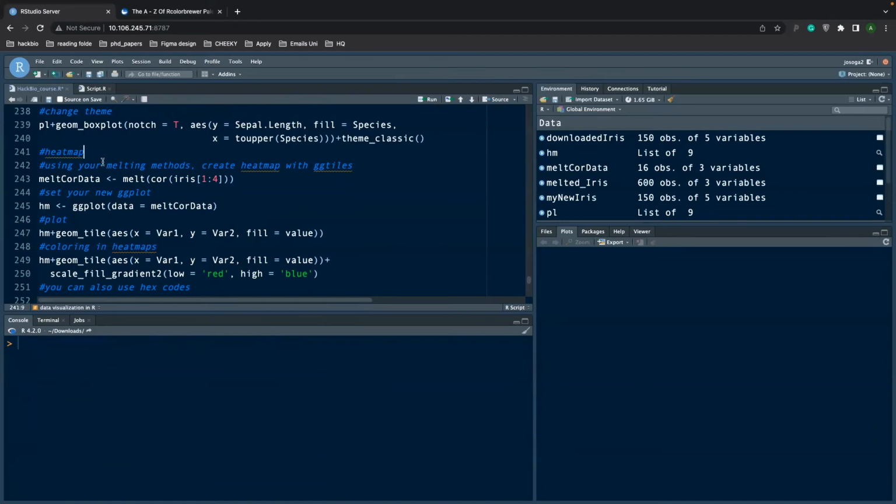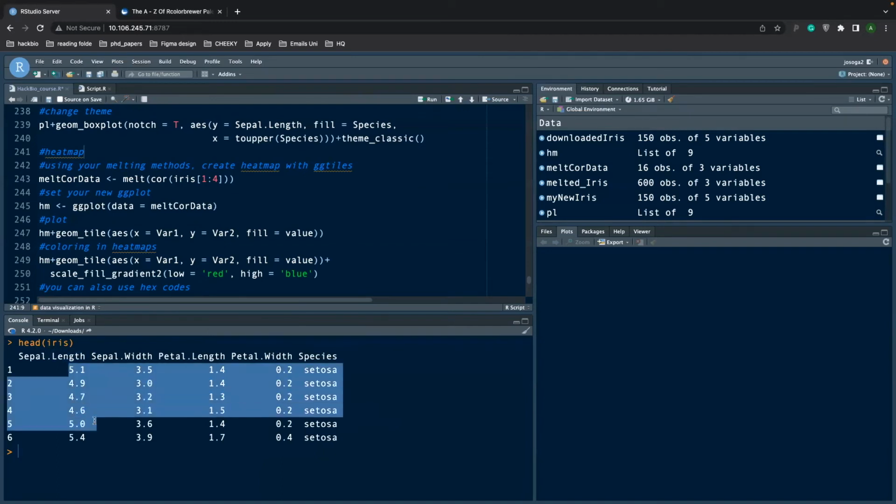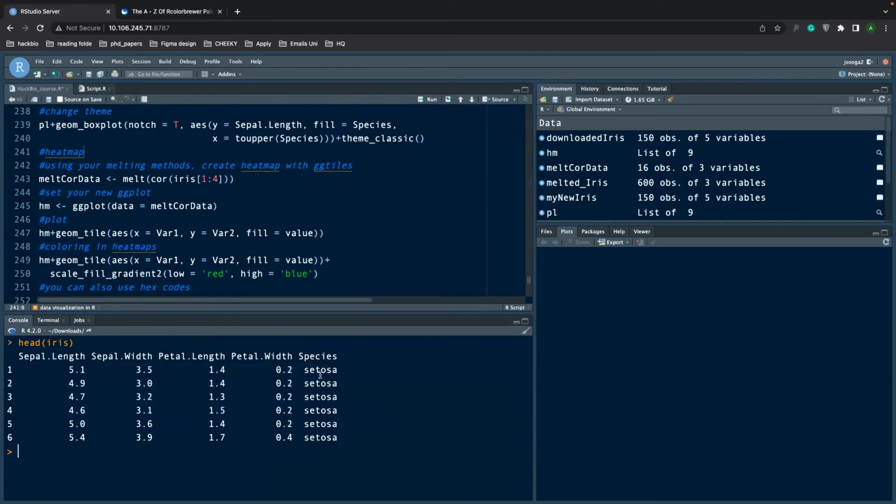Hello and welcome to the heat map section of the course. Before we go ahead, we'll try to plot the correlation between some of the values that are present in our iris dataset. So we can decide to calculate the correlation between the sepal length and sepal width, sepal length and petal length, sepal length and petal width, but we can't calculate correlation between an integer set and a character set. So we can't plot any of these against species, but we can calculate sepal length against sepal width, which we've done, sepal length with petal length, sepal length with just